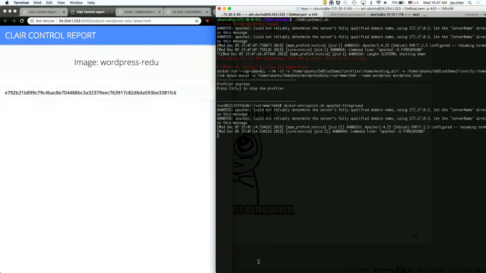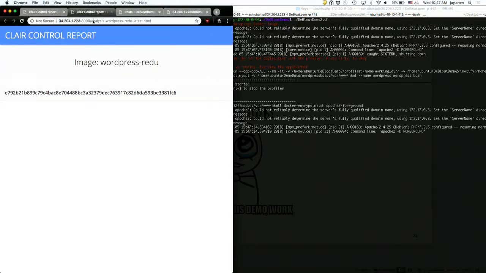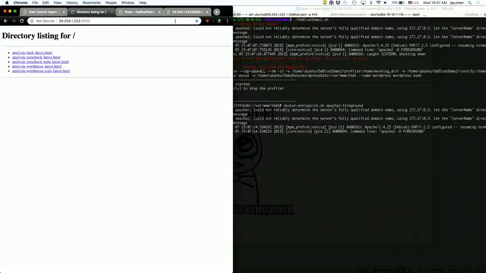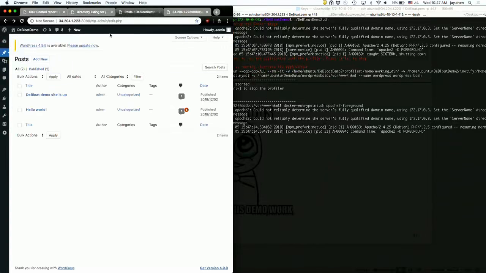So I'm again starting the container with the profiler running in the background, and I'm going to simulate the normal user activities again.